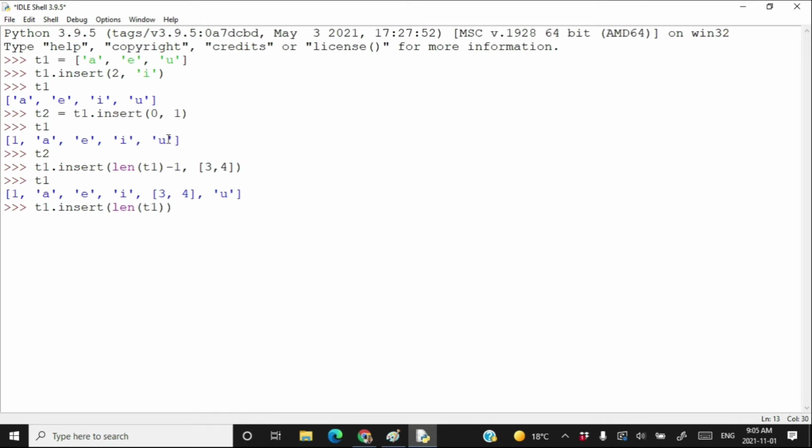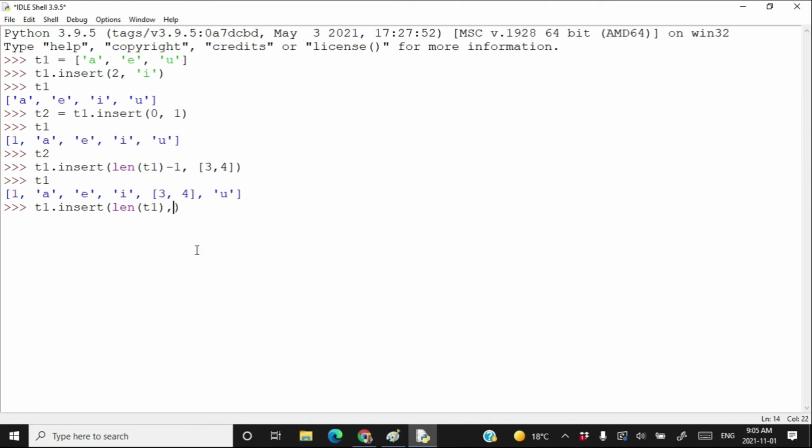If you have just 5 elements in your list and the index goes from 0 to 4, to insert at the end you have to insert at the 5th index, not at the 4th index. That's the mistake we made here. We inserted at the 4th element. So here I want to insert at the 6th element, because now the size of our list is 6.